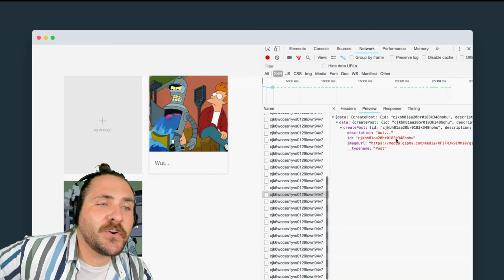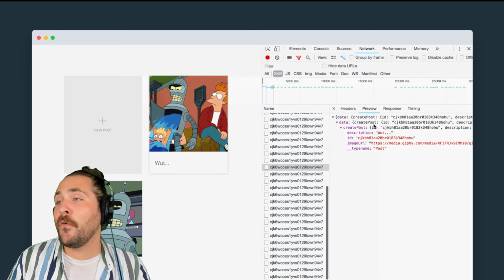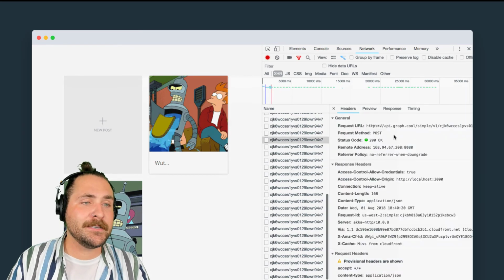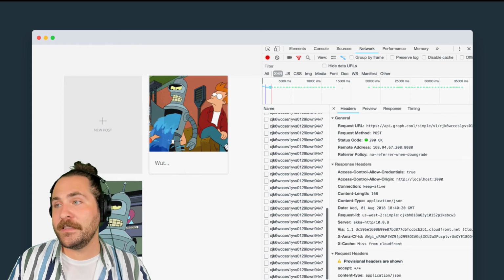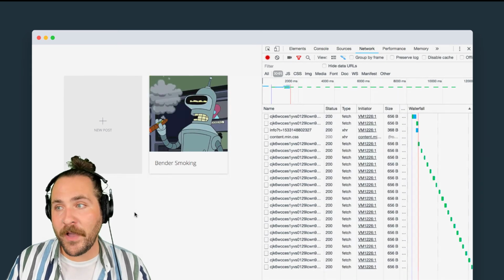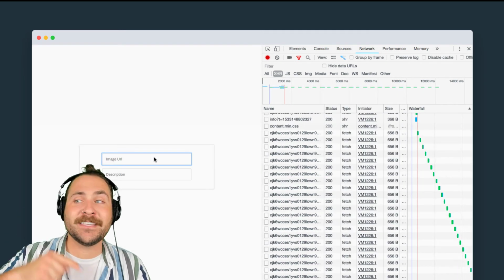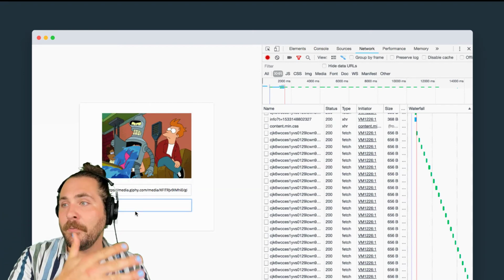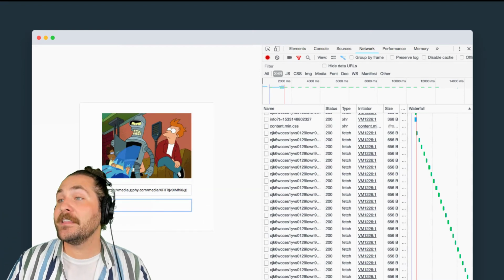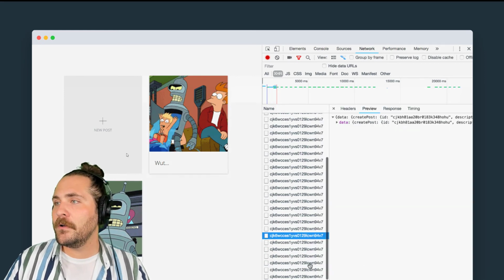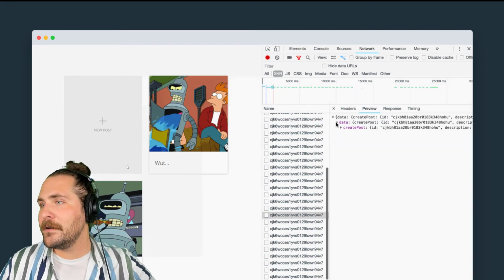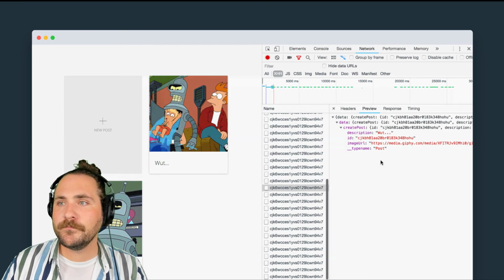And you can see here, I found our create post. You can see that data being sent over the wire to our GraphQL endpoint. You can see that, boom, right? It's our request URL to that endpoint that we defined from our Apollo provider. We're saying this is our single endpoint, send this query over. This endpoint will know what to do with this when we structure the data in this way. And in fact, it does. You can see that it shows up on the main page, the index, right?